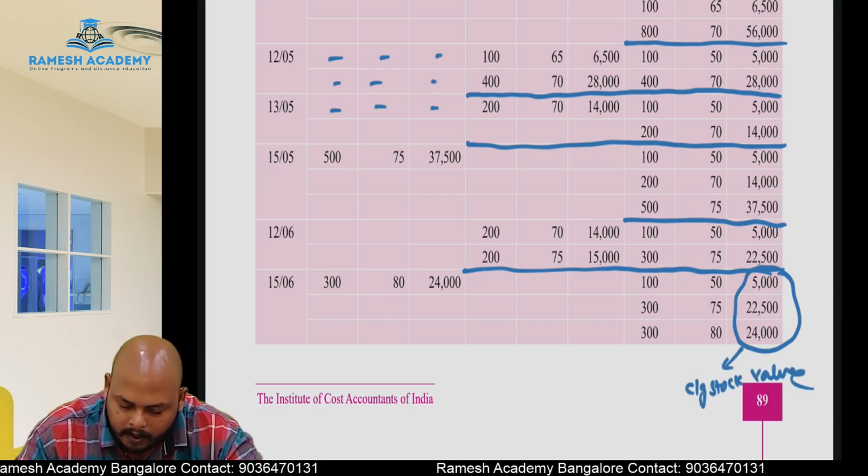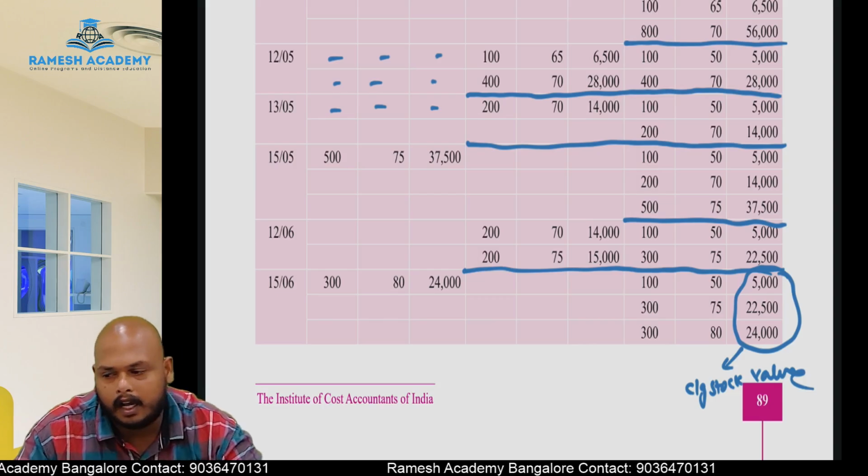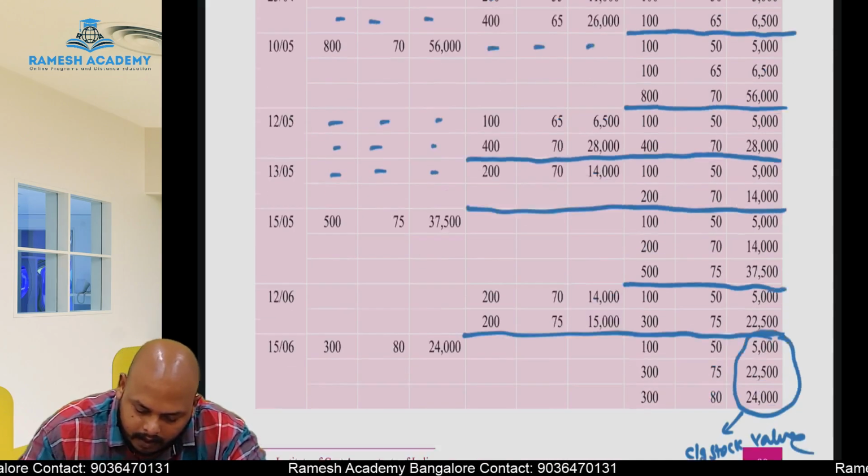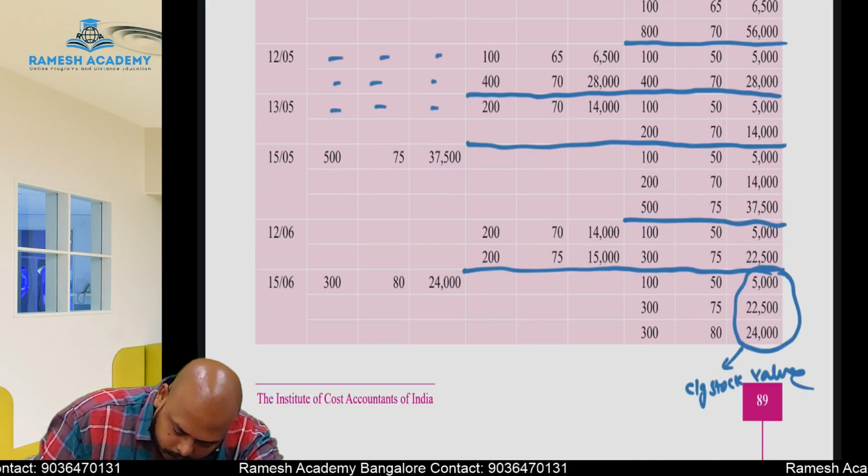Closing stock quantity means how much? 300 plus 300, 600 plus 100, 700. This is the closing stock quantity, okay? Next, in the exam if they are asking you